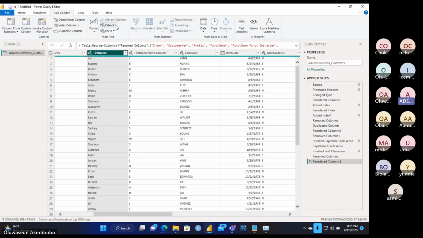He said extract the last two letters of last name. Extract the last two characters of the last name. Okay, sir. The last two characters.